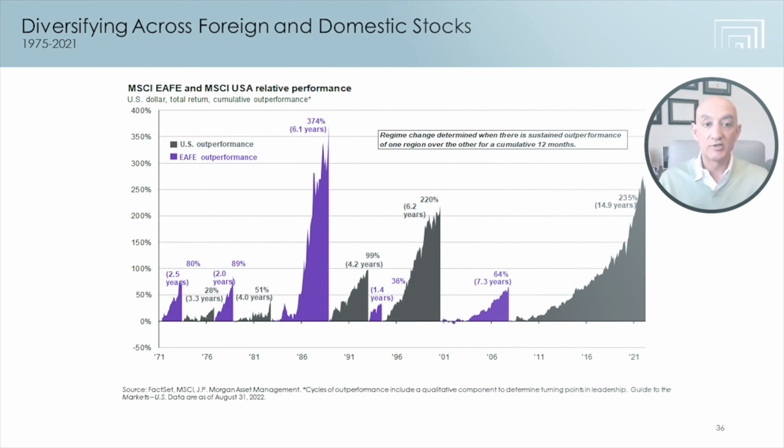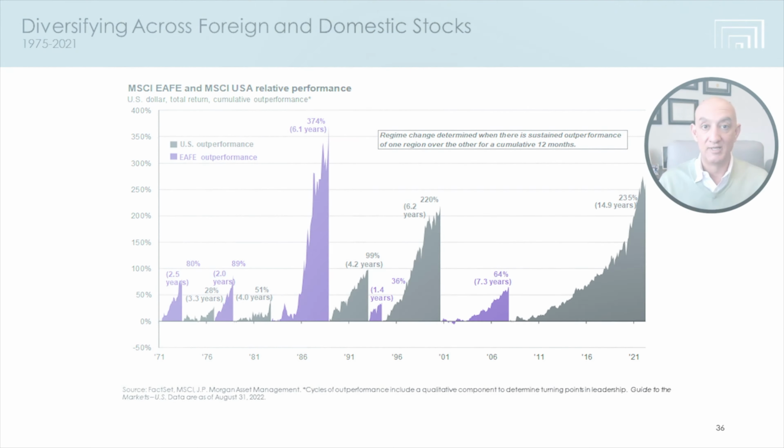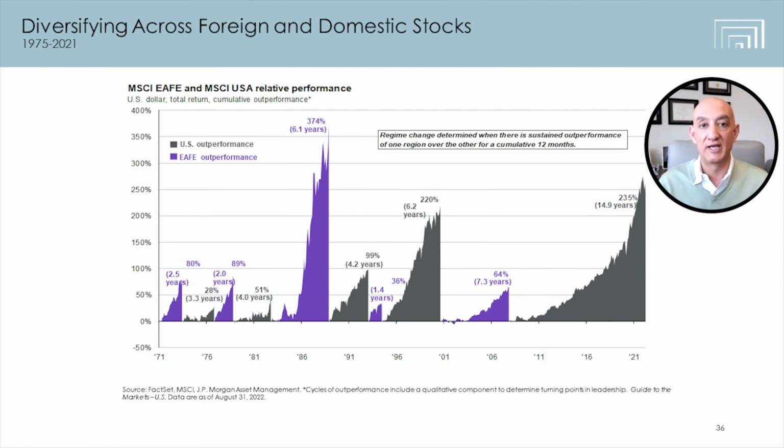So why is it important to have diversification in all of these ways? Let's look at U.S. versus foreign stocks. If you look at this chart, the purple shows international stocks, periods of time when international stocks outperform the U.S. The gray shows the periods of time when the U.S. outperforms international. And just as we always say, investors tend to want to buy high, right? You have people that will look at the last 15 years and say, why would I want to diversify internationally? The U.S. has done so much better. Well, that doesn't mean that it always will. So if you look at this, there are long cycles when one does better than the other. If you own both, you are protecting yourself from that extra volatility and that extra risk.